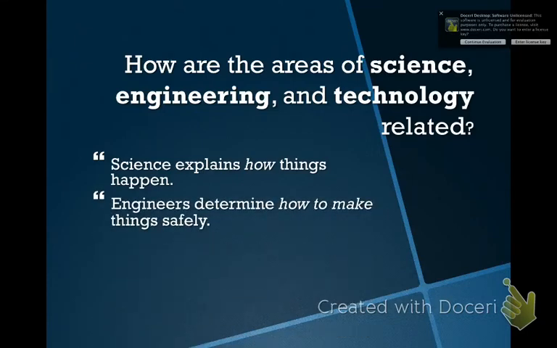They also tell us that we can go and cut it down and make wood out of it. Now, engineers tell us how to make things safely. For example, the engineer will say, let's use wood, because science tells us it is hard, and engineers determine, can we use that for certain applications? For example, your wooden chairs or a table. Is it strong enough to hold us? Hold the dinner table, or the food on the table with the big turkey in the middle at Thanksgiving. Engineers tell us it will be perfectly fine to use that material.